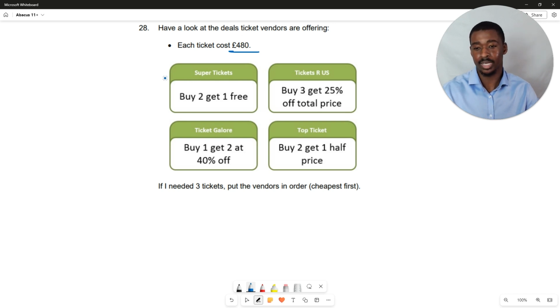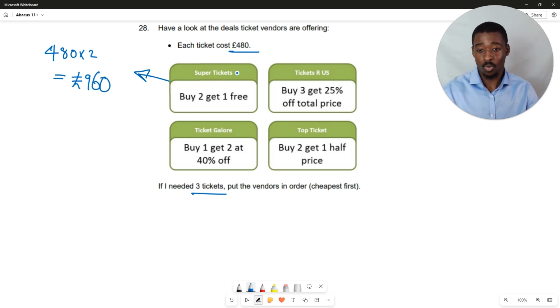£480. So super tickets, buy 2, get 1 free. That kind of works for us because we need 3 tickets, right? It's us and 2 friends. So we can buy those 2 for 480 times 2, which gives us £960. And we get the third one free anyway. So overall, we get 3 tickets for £960. So let's just put the 960 right next to super tickets